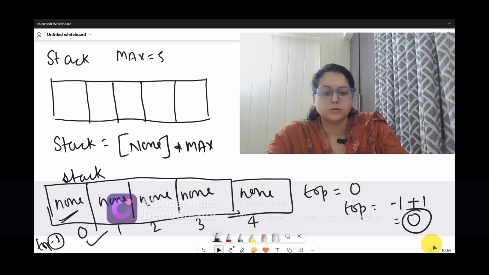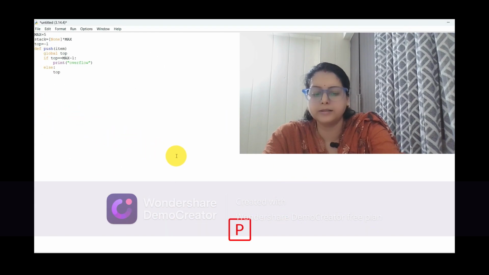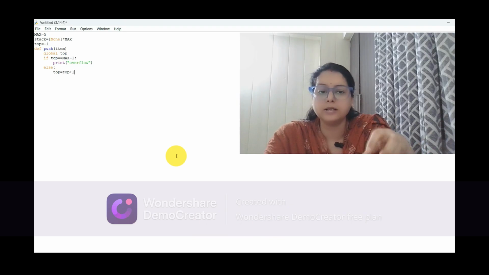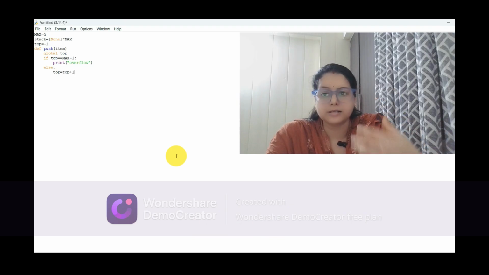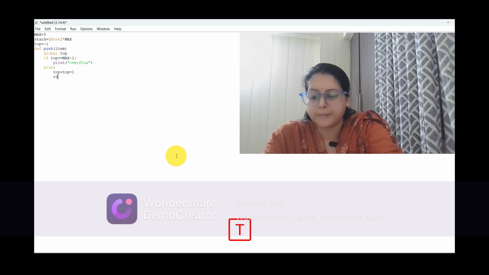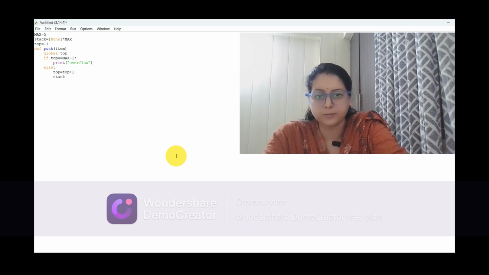Now come back to the program again and see. In the else part, first of all we will increment top: top equals top plus 1, so that we can reach the destination where insertion can be done. After that, now we will insert the element. We reached the destination, our top reached, because everything depends upon the top.